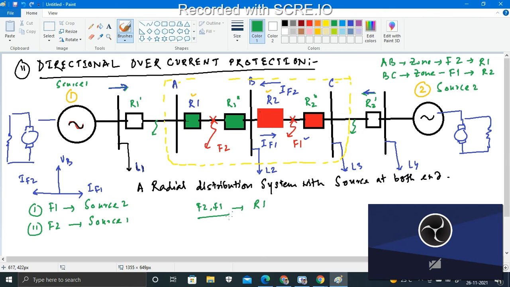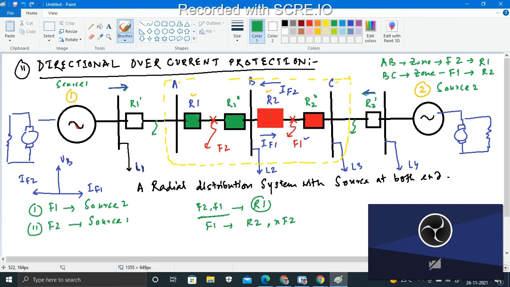If I put R F1 only, RB will be the downstream fault of RC and R2. The fault between B and C will not be visible to R2. This is 11 ohm, and R2 is 9 ohm. From R1 and F2 fault, RB plus R2, due to the presence of R2 equal to relay 11.